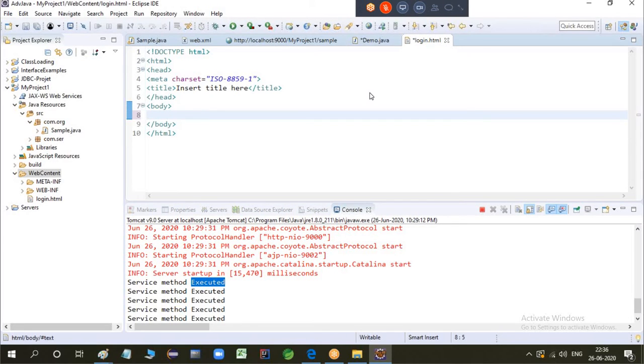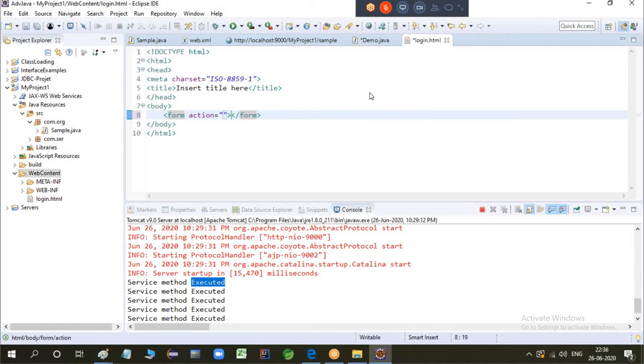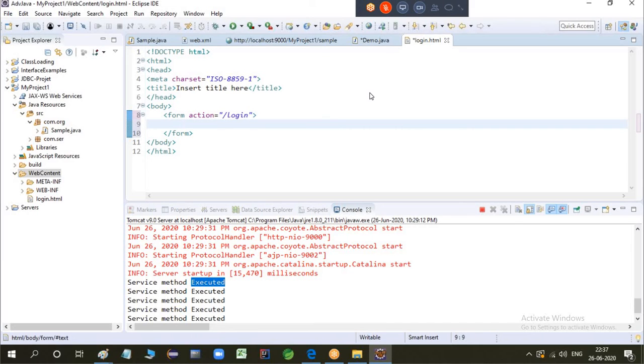Inside the body, what you can do, there has to be one form where the action, the URL which you are giving, you can give it, and suppose you enter email or email ID.